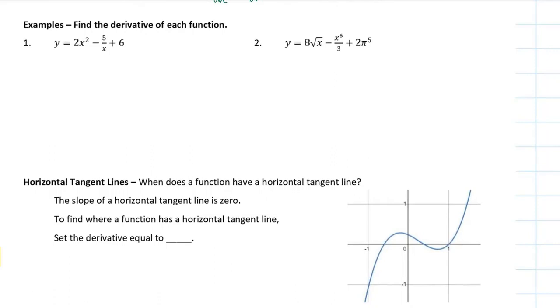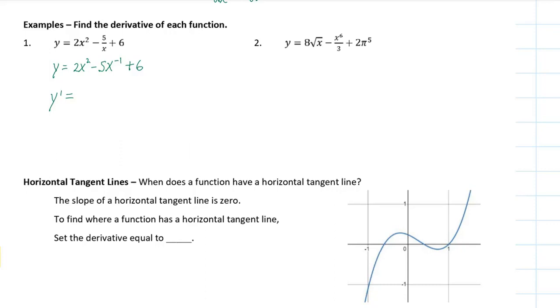All right, so we have y equals 2x squared minus 5 over x plus 6. First thing I want to do is get that x back up to the top, so I'm going to rewrite y equals 2x squared minus 5 times x to the negative first power plus 6. Now we can take the derivative. Y prime equals,